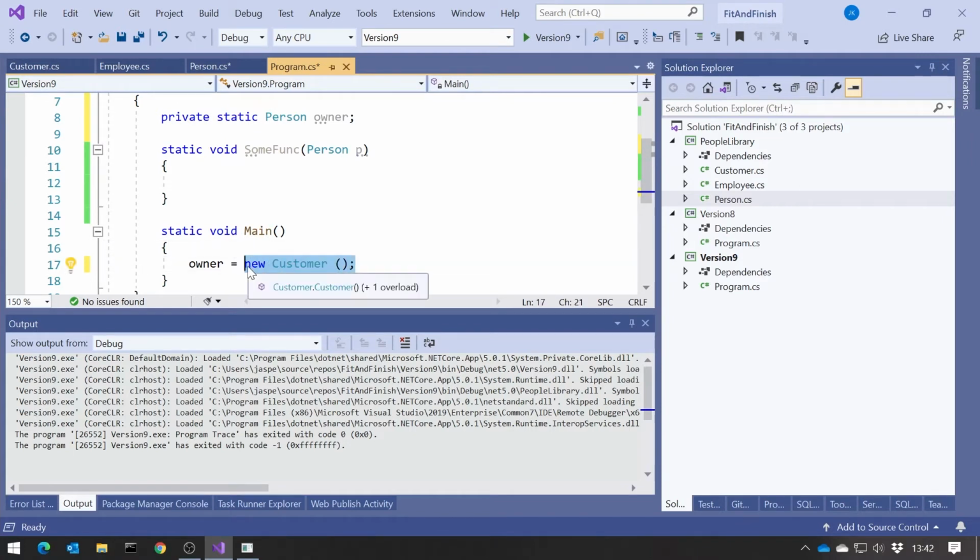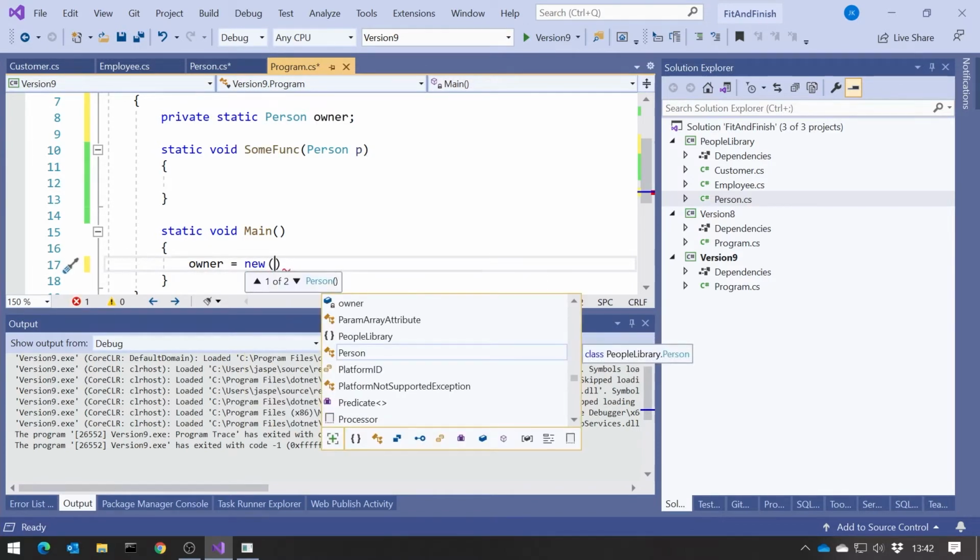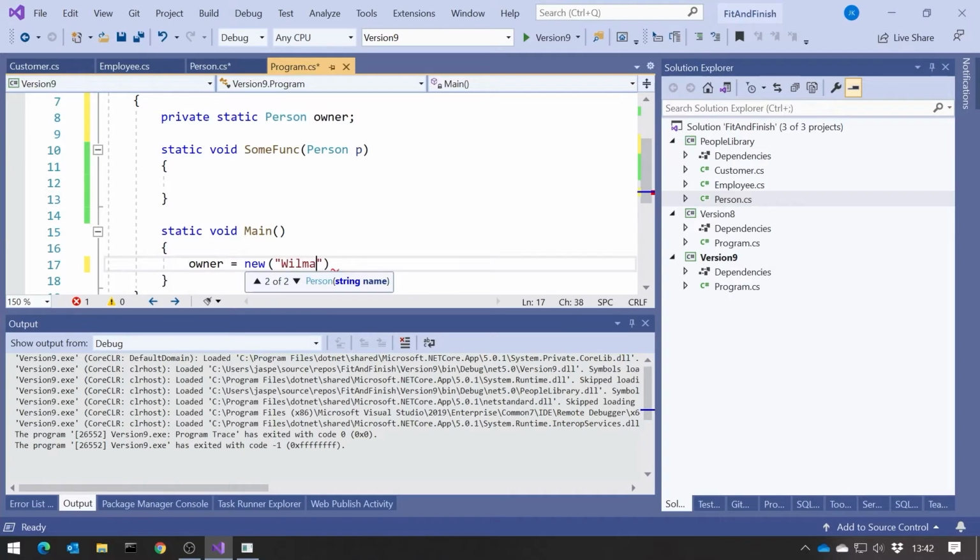We can also still use constructors, so we saw that I could say passing the name in there of Wilma, and that's fine. But we can also use the initializer list. So let's just change this slightly.